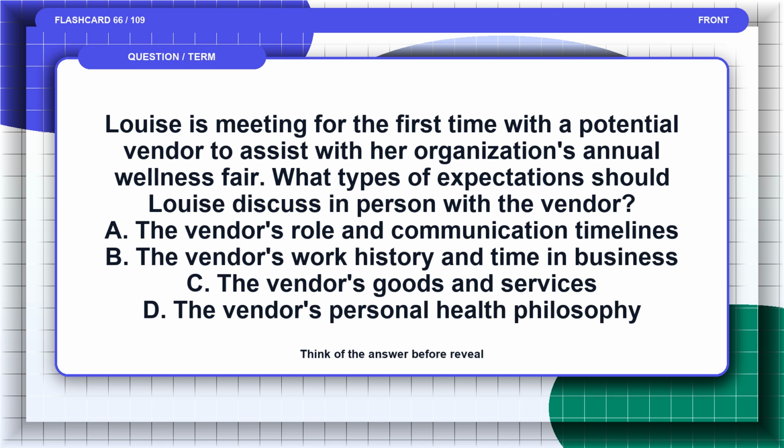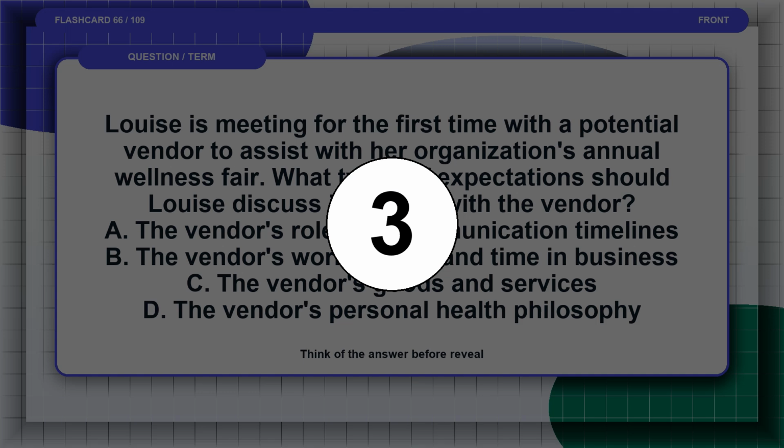Flashcard 66. Louise is meeting for the first time with a potential vendor to assist with her organization's annual wellness fair. What types of expectations should Louise discuss in person with the vendor? A. The vendor's role and communication timelines. B. The vendor's work history and time in business. C. The vendor's goods and services. D. The vendor's personal health philosophy. Pause and think of the answer before the reveal. The answer is